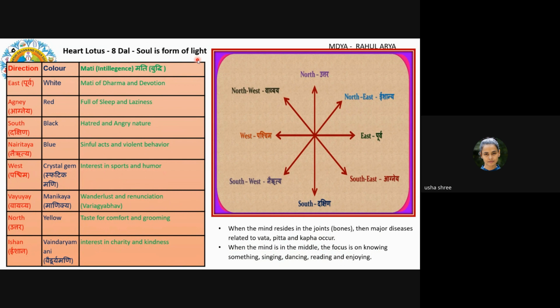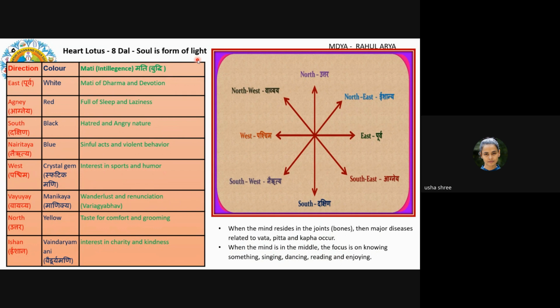So before we go to the table, I think talking about the directions is a good idea. There are four directions which are known to us: north, south, east, and west. Then in between north and east, you see northeast, which is called Ishanya. Between south and east, you see Agneya. Between south and west, you see Nairutya, which is called Nairuti. Between north and west, you see Vayavya. These are the directions.